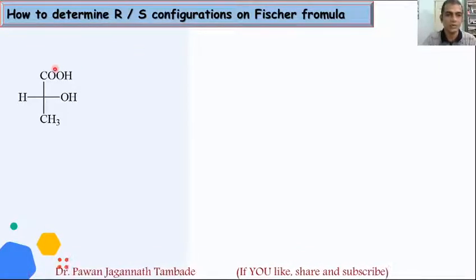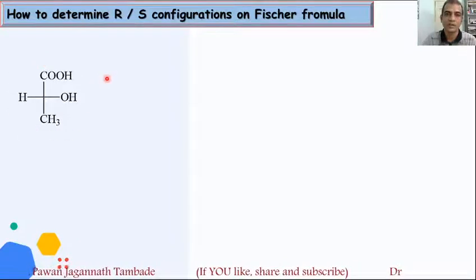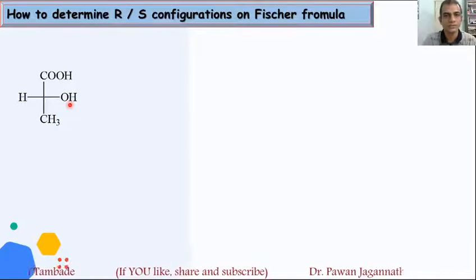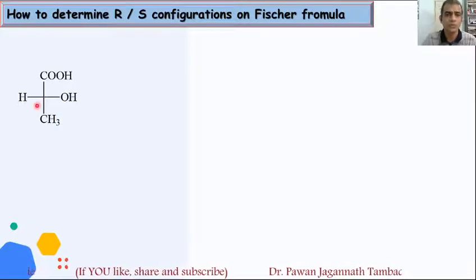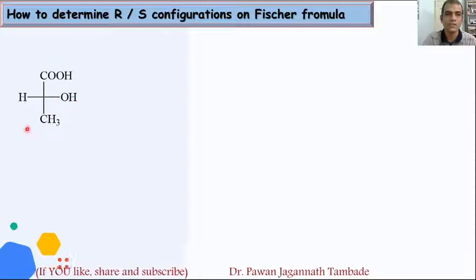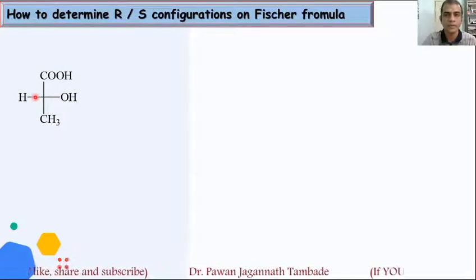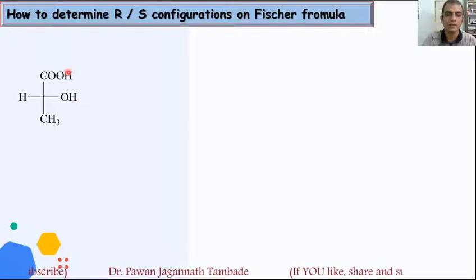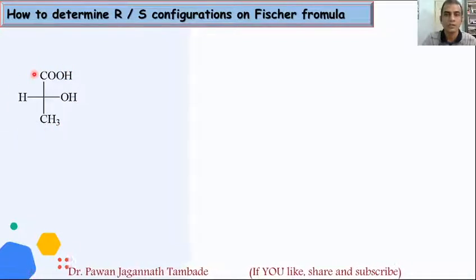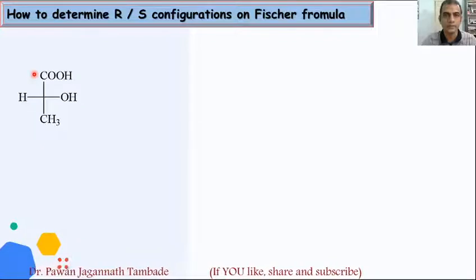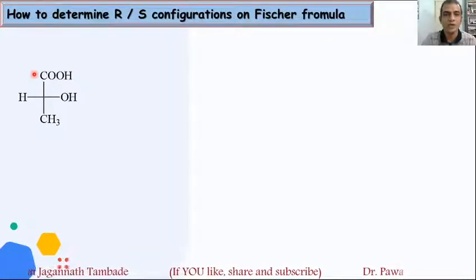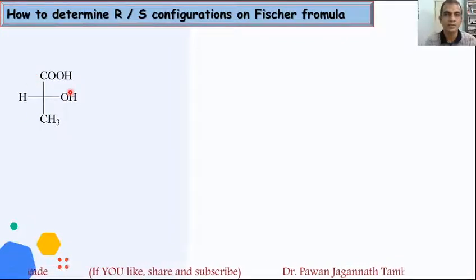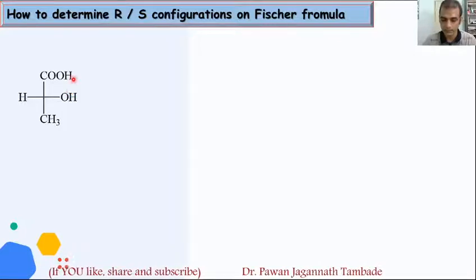In this case, this molecule is represented in Fischer projection formula, and we need to find out whether this molecule has R configuration or S configuration. In order to do so, first of all, we must know what actually this Fischer projection formula is. If you remember, in one of the earlier lectures, I discussed projection formulas. In that case, we discussed in detail different projection formulas and how to interconvert them. In the description of this video, I will put links of those lectures as well. But here we will see what the features of Fischer projection formula are.